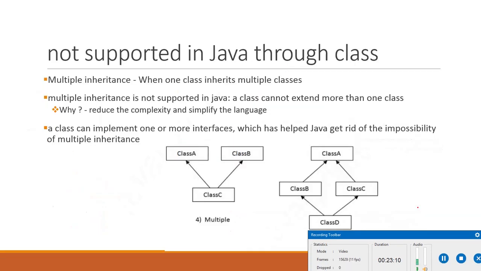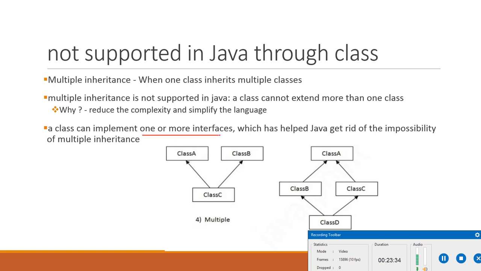Moving ahead. Not supported in Java through a class. Java does not support multiple inheritance. Why is it not supported in Java? Because a class cannot extend more than one class, to reduce the complexity and simplify the language. A class can implement one or more interfaces.